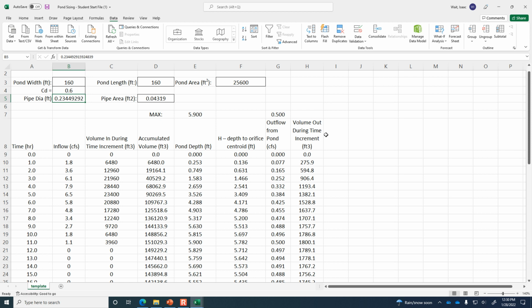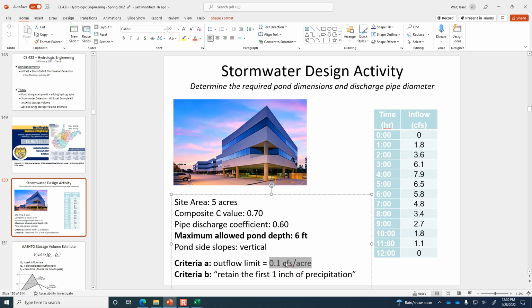Okay, any questions about this design illustration? That was our first constraint that we've solved, 0.1 CFS per acre. Now retain the first inch of precipitation. What we're saying is we have a 5-acre site with a C value of 0.7. So we want to retain in the pond